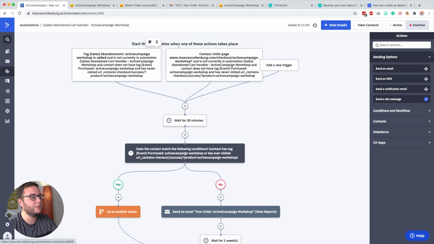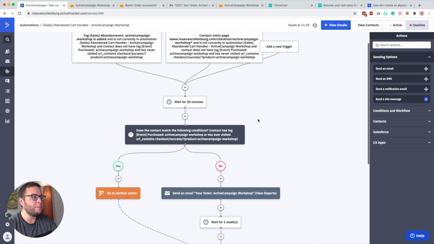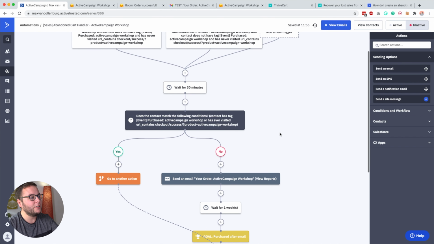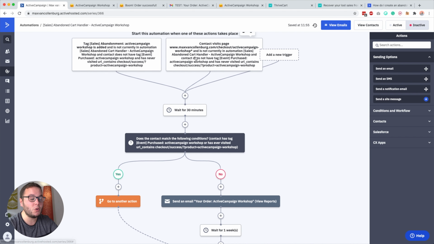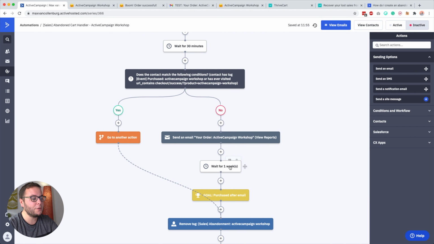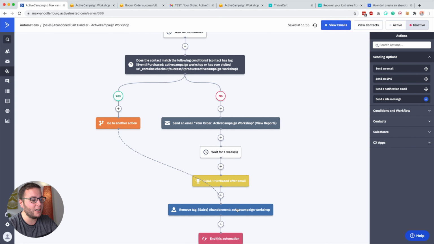I'm doing that with both of these triggers. So if someone would, for example, visit the checkout page multiple times a day, I do not want to send this email multiple times. But if they're currently in the automation for a week, that means that this automation is not going to trigger for a whole week. So then after that week, I end the automation basically.